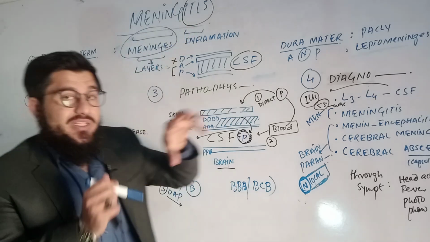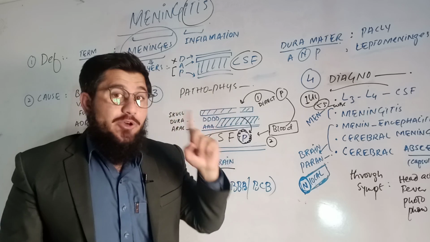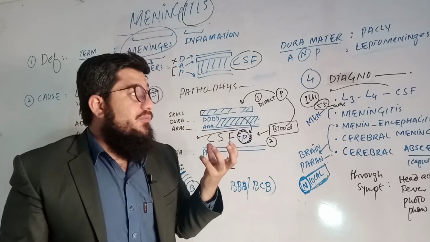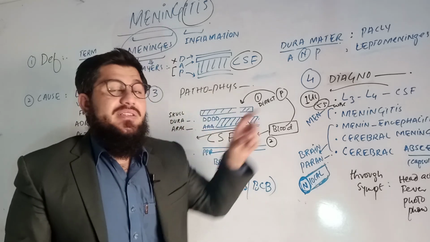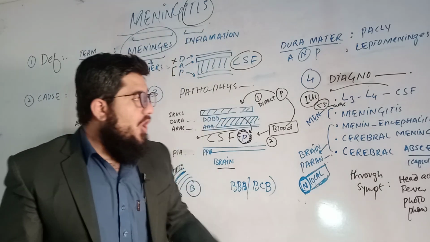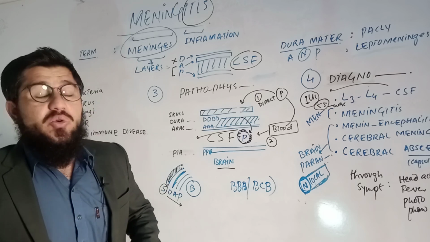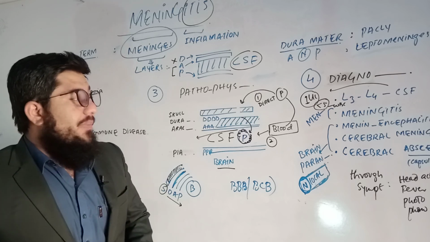What if we take the CSF? In the CSF, if we observe in 1 microliter of the CSF more than 5 WBCs, then that patient is having meningitis. I hope we got it. So now there are several other factors which are also helping us to diagnose meningitis, like